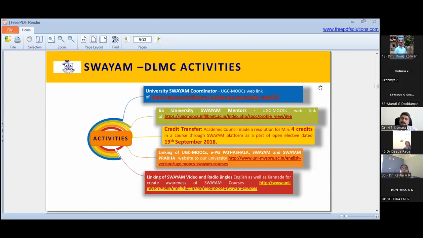Some credits will be in hardcore, some credits they earn through softcore, and some credits through open elective. We have not touched hardcore and softcore; we have only given it in the open elective. In the open elective, they are given a minimum of 4 credits and a maximum of 12 credits. If any student gets 12 credits in the open elective, they will get some kind of honorary degree certificate or some certification.